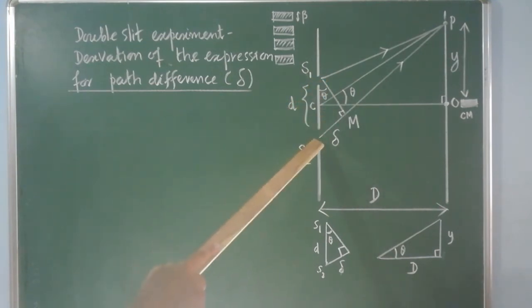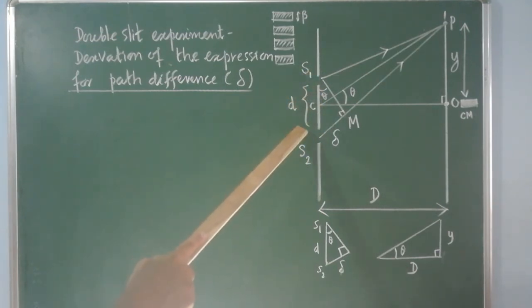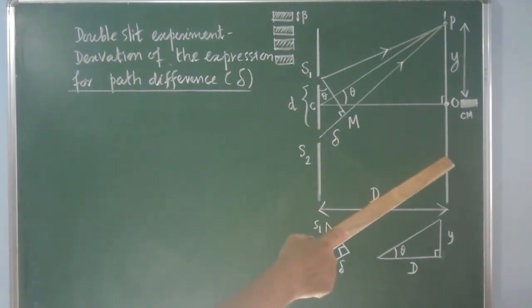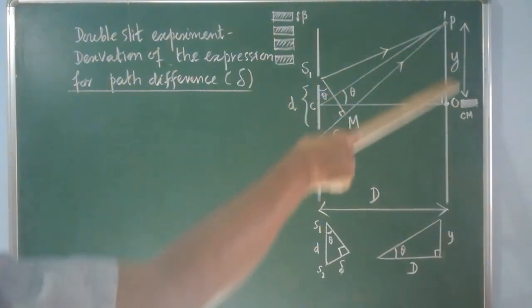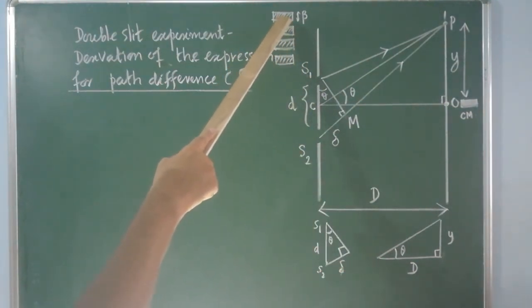Two slits are there, S1 and S2. In between S1 and S2, the distance is d. Throughout the derivation, we have to use the symbol d. In between the screen and the coherent source, the distance is taken as capital D. Are you clear? On the screen, we are able to observe the interference pattern. These set of bright fringe, dark fringe, bright fringe, dark fringe, this kind of set of bands could be